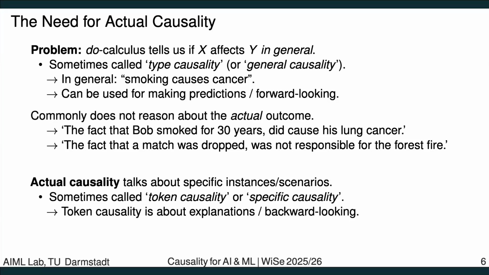So I assume I observe my whole environment, which is also a strong assumption, but for simplicity, let's say we do that. And then it's about, for this particular setting of variables that we observe, can we find an explanation for a particular variable taking on a particular value? So it's more backward looking. Something happened, and we want to explain why it happened.